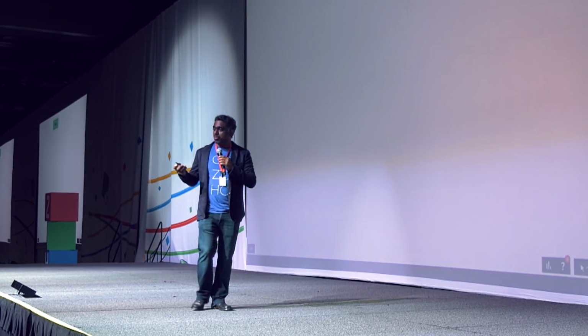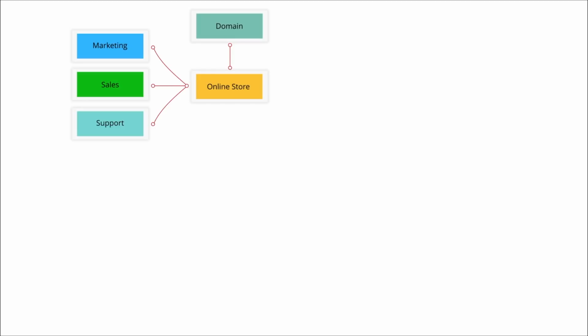One, they can do the domain mapping. They can set up your domain. And then make sure that you pick a template and you have an online store up and running. The store will integrate with marketing, sales, and support applications, which means if you want to engage your customers on your store, well, the team will enable that. If you want to integrate with CRM, with Zoho CRM, that is going to be enabled. And of course, if you want to enable knowledge base and various other items, that's going to be enabled.